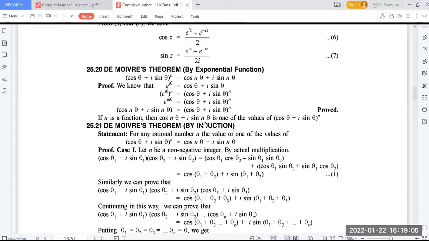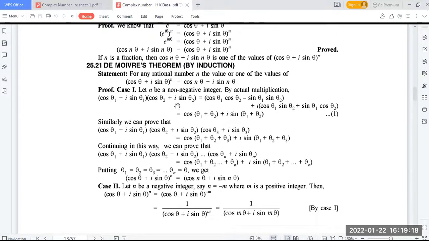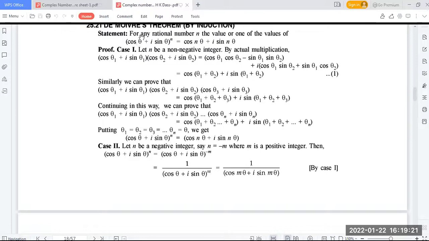Now de Moivre's theorem, a very important theorem for you: cos theta plus I sin theta whole to the power n equals cos n theta plus I sin n theta. If I state it more generally, for any rational number n, the value or one of the values of cos theta plus I sin theta whole to the power n equals cos n theta plus I sin n theta. Case 1, let n be a non-negative integer, then by actual multiplication, suppose I take two complex numbers,